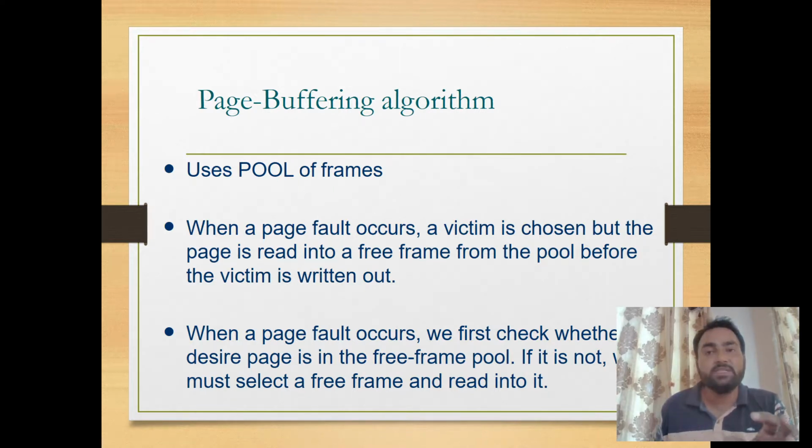फर्स्ट हम ये चेक करेंगे कि जो डिजायर्ड पेज है वो फ्री फ्रेम्स का जो पूल है उसके अंदर अवेलेबल है या नहीं है। अगर नहीं है तो पहले क्या करेंगे, सेकेंडरी स्टोरेज से पेज को लोड करवा के फ्री फ्रेम पूल के अंदर क्या करेंगे, उसको लोड करवाएंगे एक फ्री फ्रेम के अंदर, and then we will replace that page from the physical storage to the secondary storage,